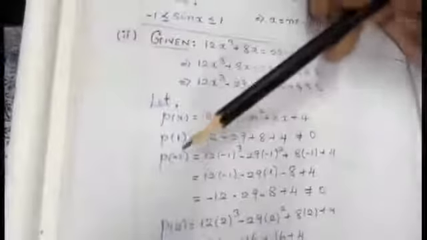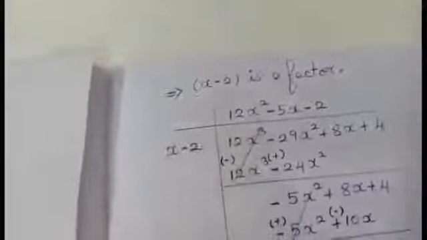In place of x, again I am giving the value as minus 1. While I am giving the value as minus 1 also, I am not getting 0. When I am giving the value x is equal to 2, I am getting the answer as 0. So p of 2 equal to 0. That implies 2 is a root of p of x. x minus 2 is a factor. So using the division method, I am dividing by x minus 2.